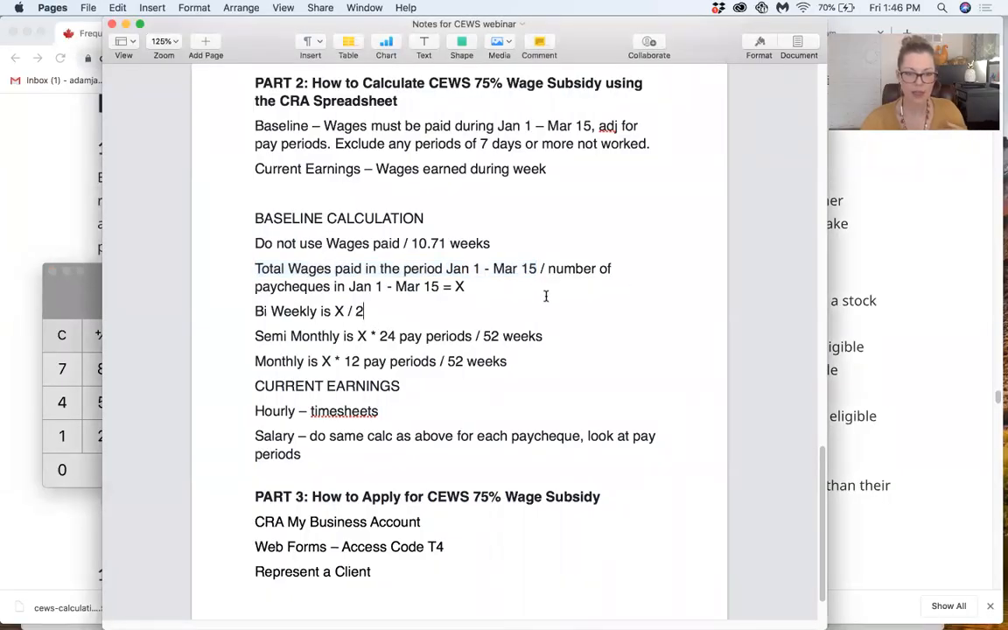Okay, that's biweekly, which is the easiest calculation. Okay, semi-monthly, let's do semi-monthly. Salary. I think I might not do a monthly. You can probably figure that out just from this, but I'll do a semi-monthly and then I'll talk about hourly